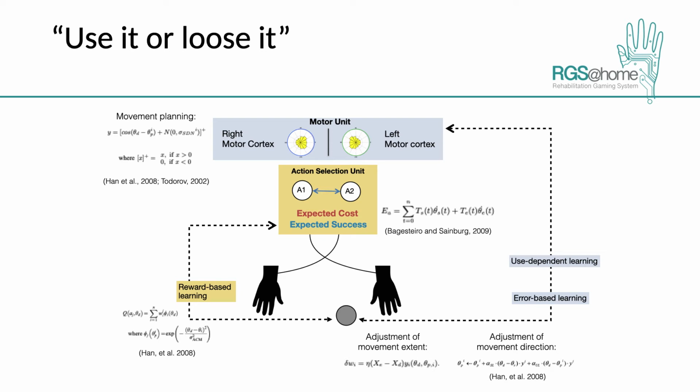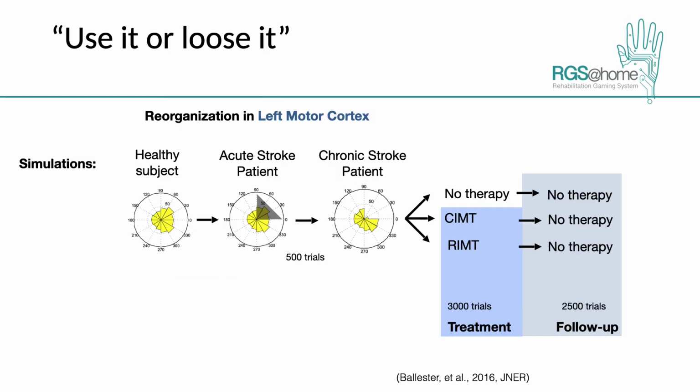So what we do is, after implementing this model, we now simulate a stroke. In first place, we simulate a healthy subject, just exposing it to repeated reaching movements towards targets appearing at different directions. Now we induce a stroke by removing a certain number of neurons, those that are sensitive in the left motor cortex, those that are sensitive to directions towards the upper right corner of the workspace. And now we expose the patient to training again.